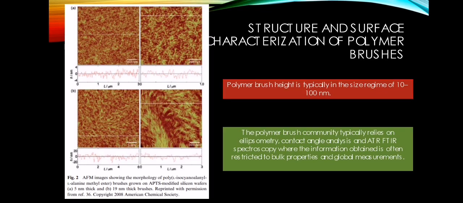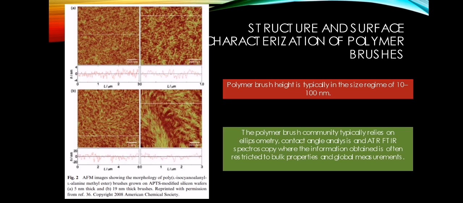Polymer brush height is typically in the size regime of 10 to 100 nanometers. This is the depth that is typically considered as a surface layer in material science and probed by surface analytical techniques. The polymer brush community typically relies on ellipsometry, contact angle analysis, and attenuated total reflection Fourier transform infrared spectroscopy,